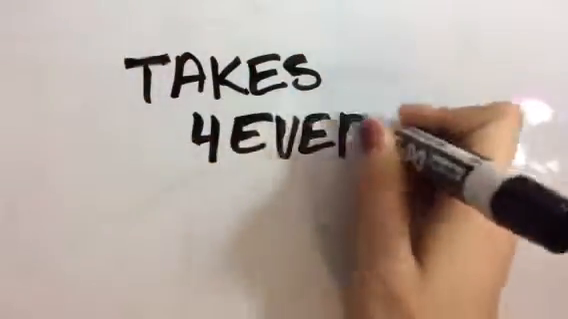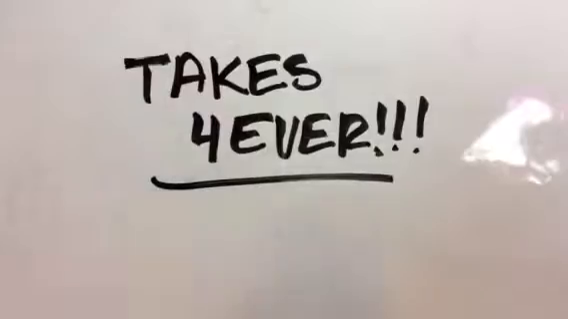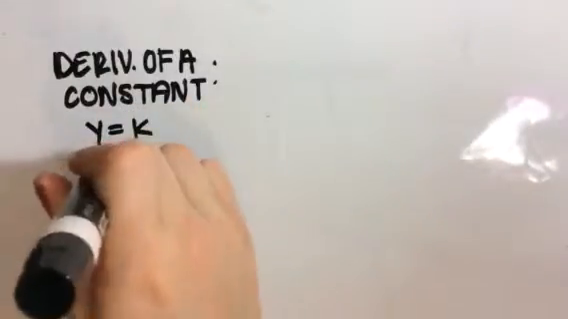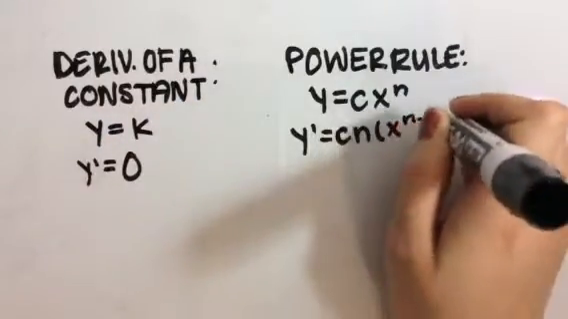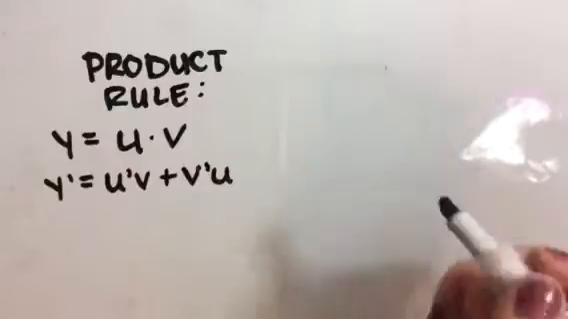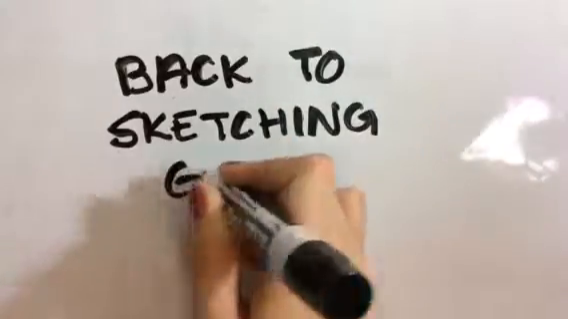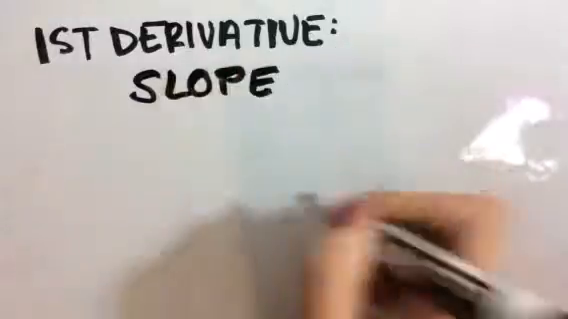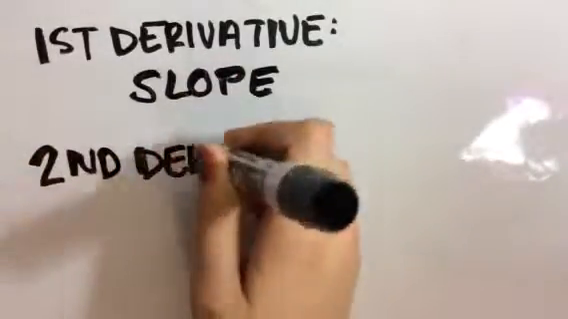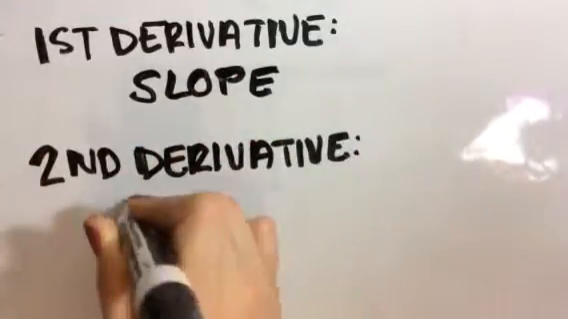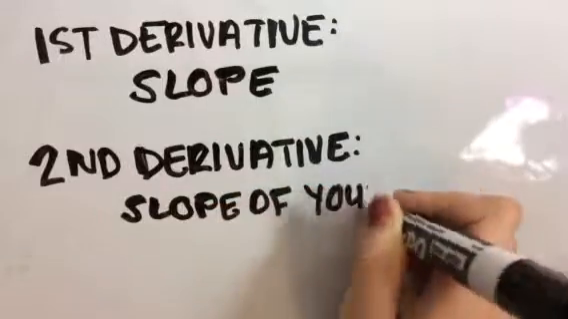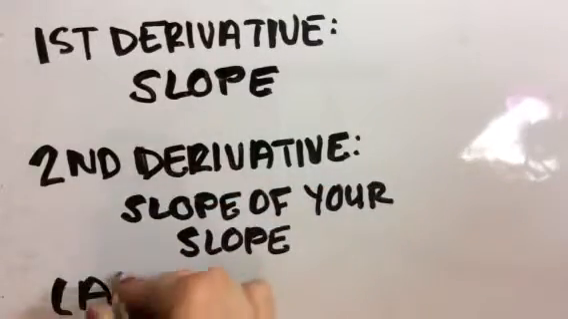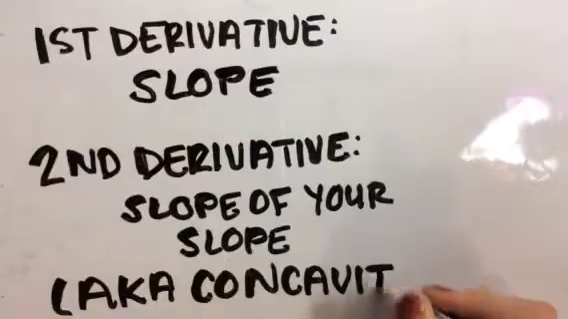So that takes forever and is kind of a huge waste of time, so we have derivative shortcuts, and these pretty much just exist to make our lives easier, and I'm not going to go into all of them because frankly that would take forever. So anyway, back to sketching graphs. So the first derivative is referring to the slope of your original function. The second derivative is referring to the slope of that slope, or in relation to your original function, the concavity